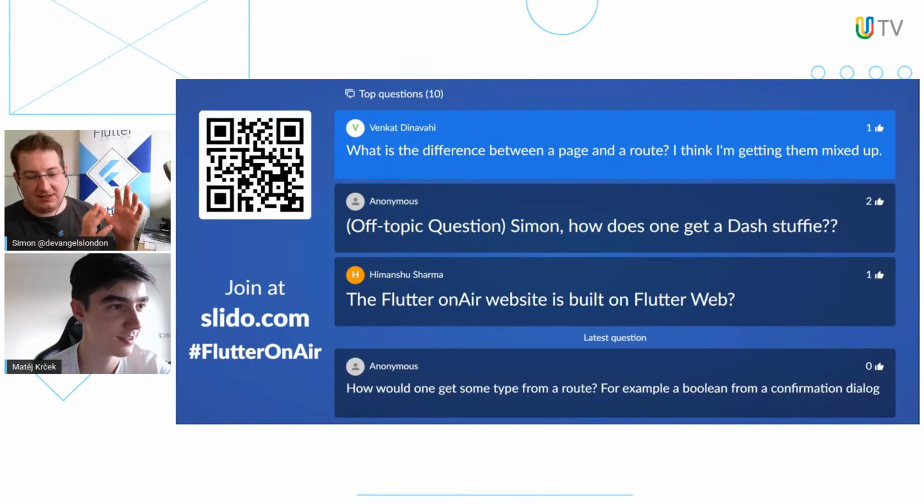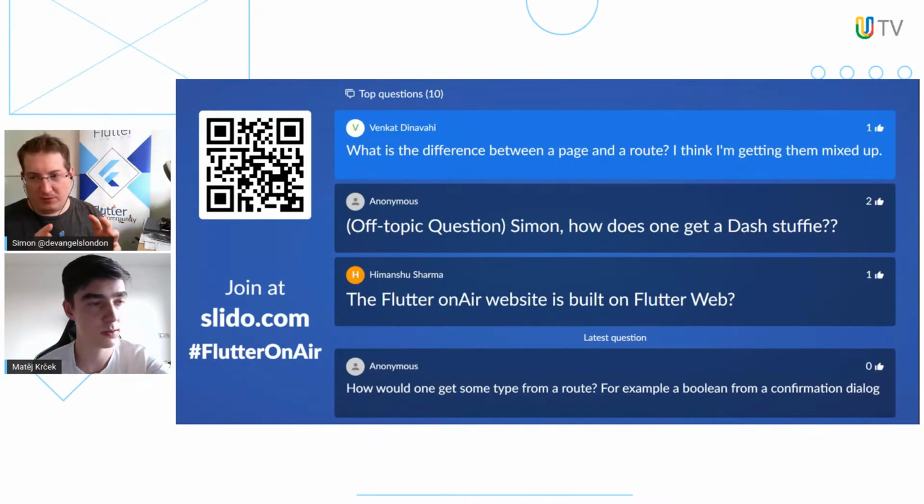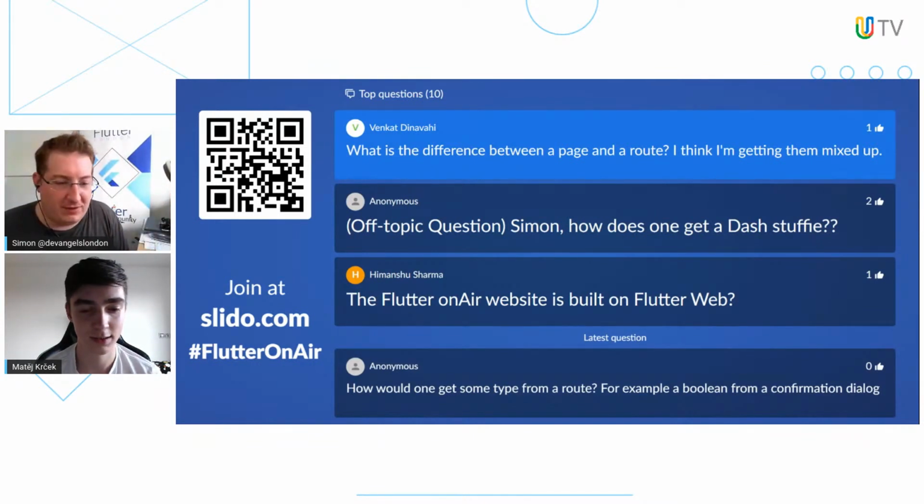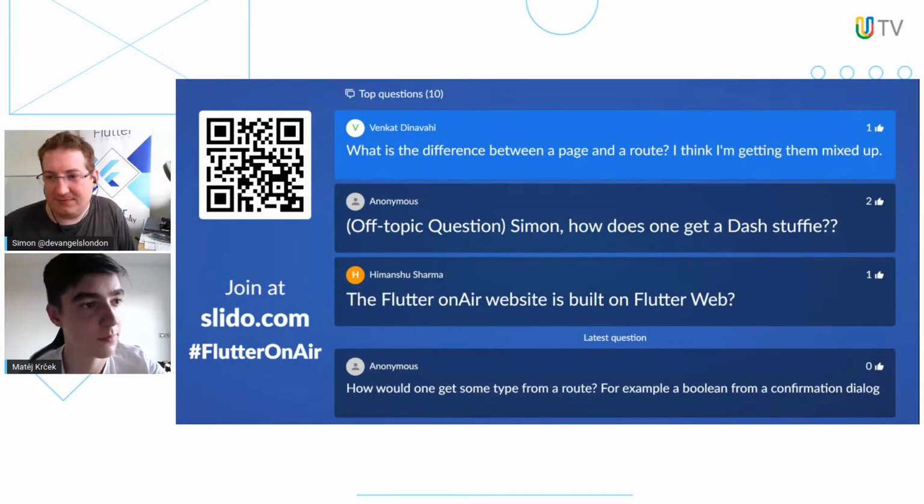Whereas page, the best way of saying it is, route is the mutable state. That's the current set of variables that declare what's going to happen on the screen. Whereas page is immutable. It's this is how I want to create a route. So it's the initial configuration for a route. Hopefully that helps.